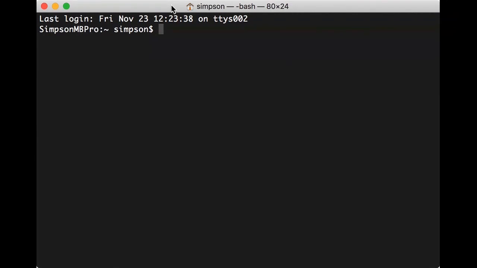If you're running Windows, you're going to need to have installed a piece of software in advance. There's 2 tools that we recommend for this. One of them is Git Bash. So this is a tool that allows you to run Git, the versioning control tool, on Windows very cleanly, but it also gives you the power of a command line Linux-like terminal. That's one option. Another is to use a tool called MobaXterm. And so if you've installed MobaXterm, you can open MobaXterm, the program, and when that opens, on the right-hand side, you'll see a panel with a green button. It should say something like Start Terminal Session or Open Terminal.